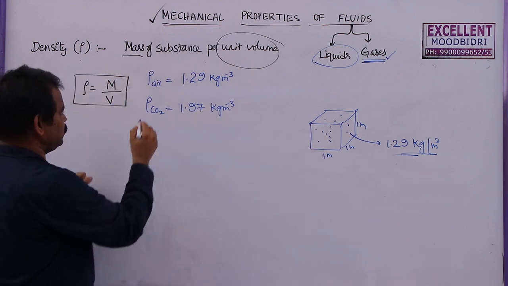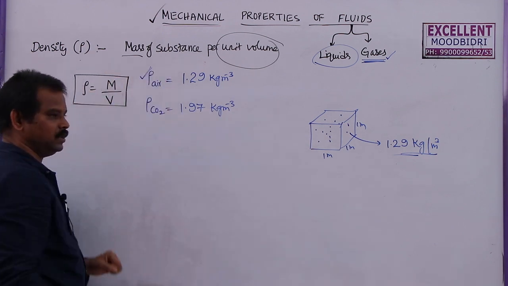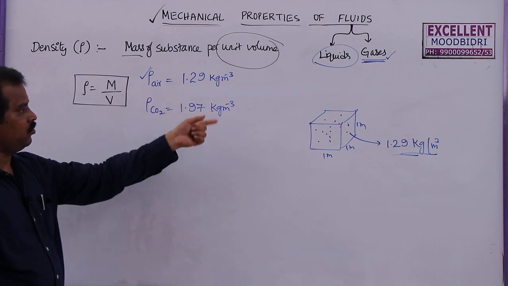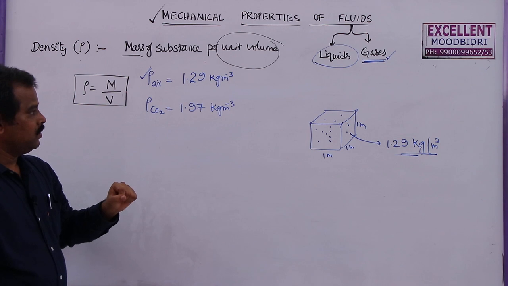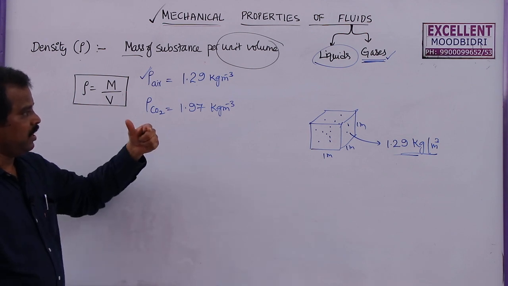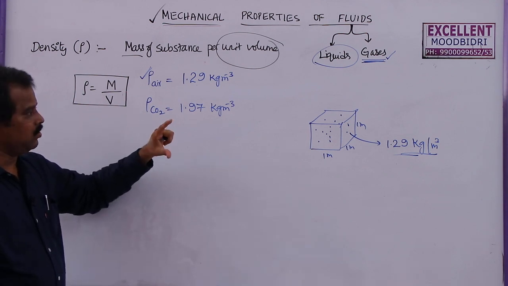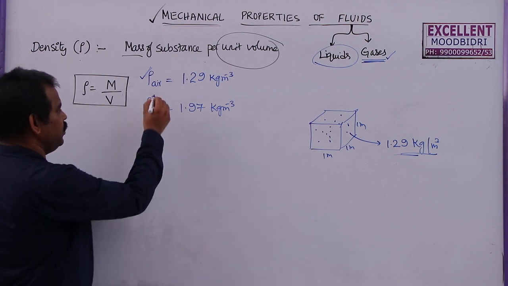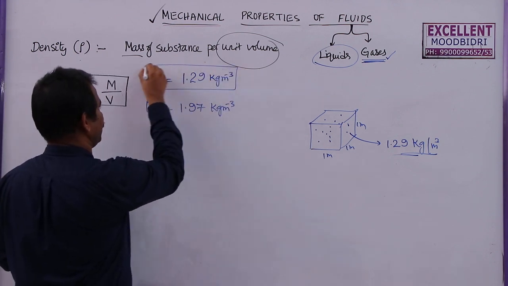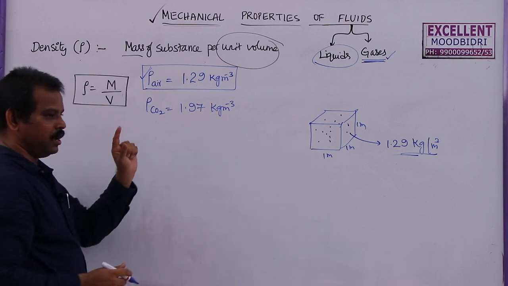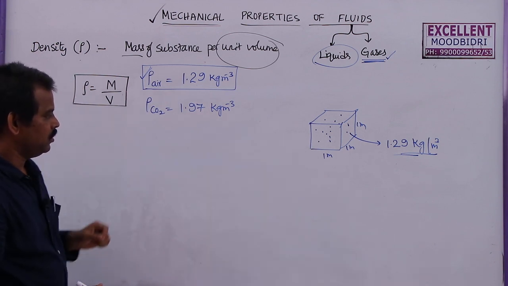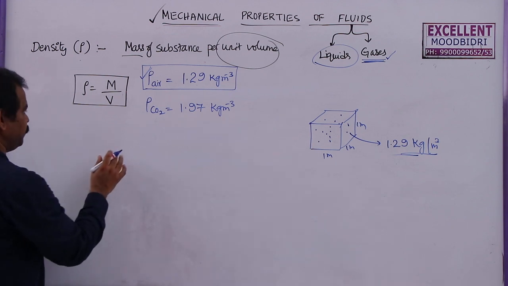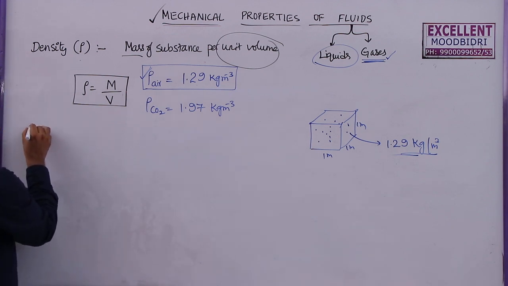Generally, we are interested to learn only about the density of air. Why? Because in this lesson, we are going to find the pressure created by air. While finding the pressure of an air column in a particular problem, we need to remember this value also. So the density of water, density of air, and density of mercury are very, very important. Now, after this, the second one is pressure.